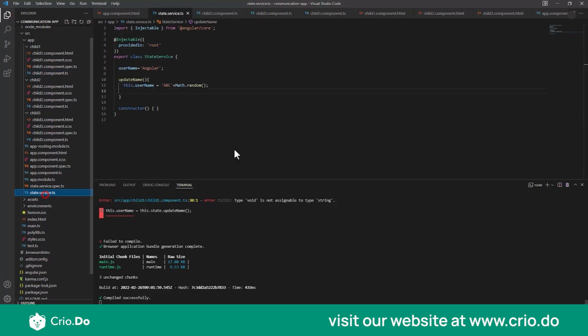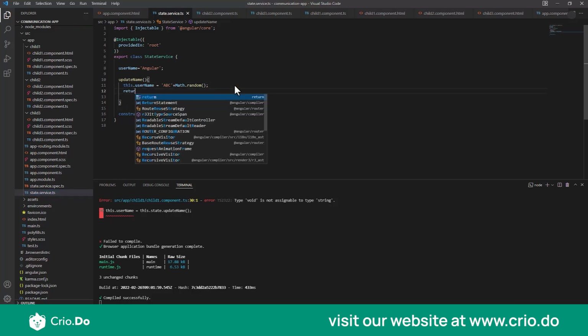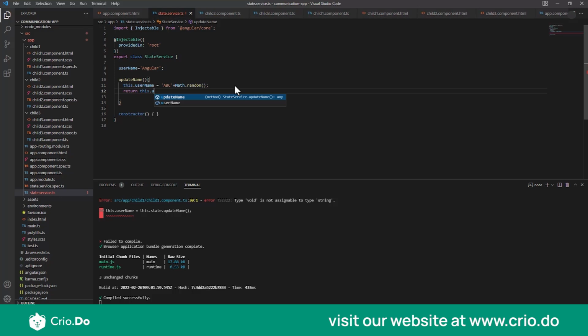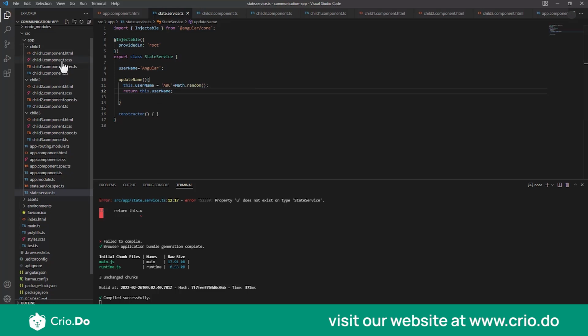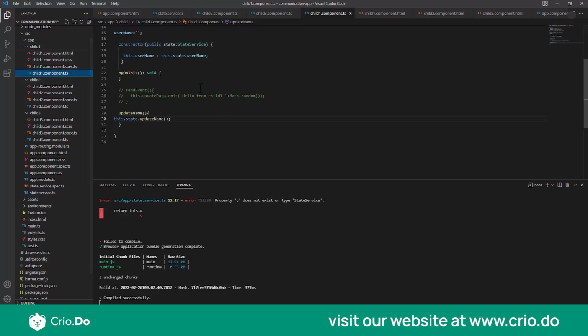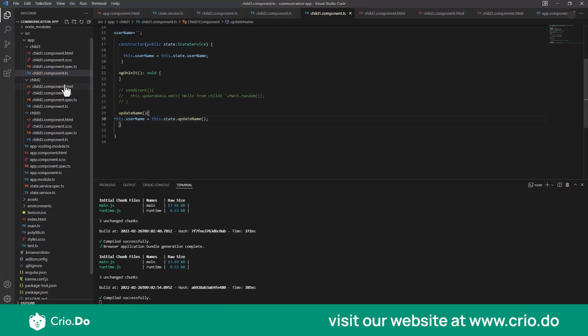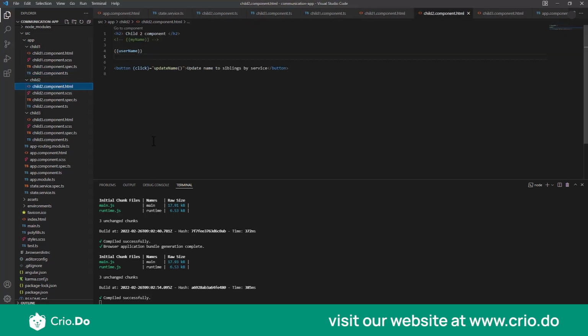It's very simple. Just come to your state service. What you are doing right now is you're just binding this.username to service, but after that you should also return this.username value. What that will do is give the current name back to the user, right? And now in your child one component, once you get this value, just bind it to username. Okay. And similarly for your child 2 and child 3,